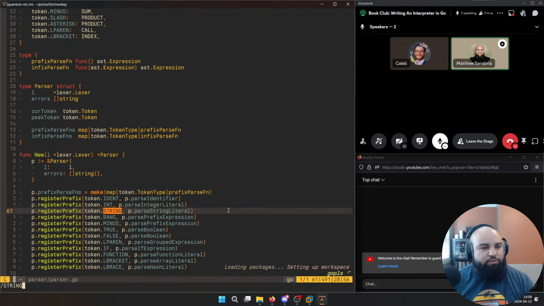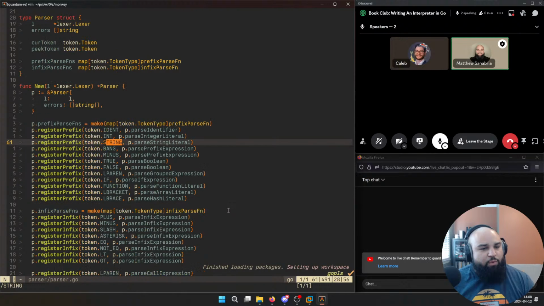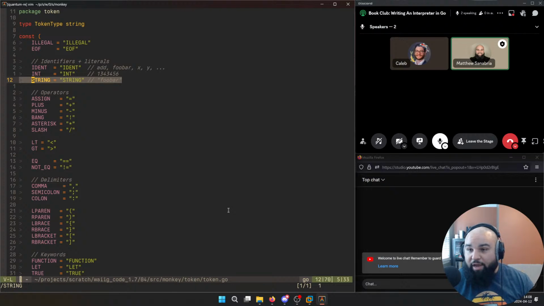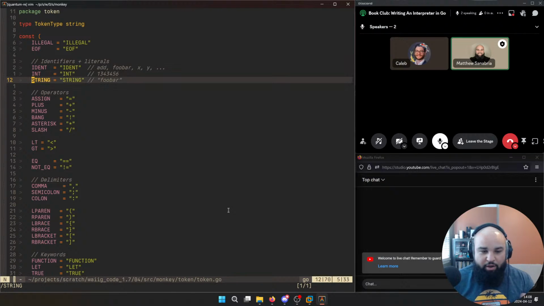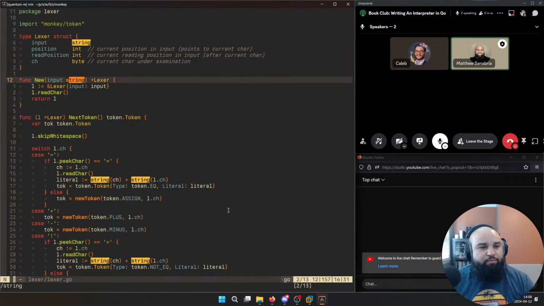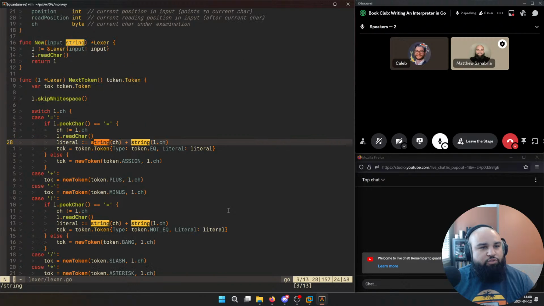Parser string. Yeah. So what we needed to do first off was make a new token type that tells our lexer, hey, you can actually read strings now and build tokens for them. So let's go to the lexer real quick. String.